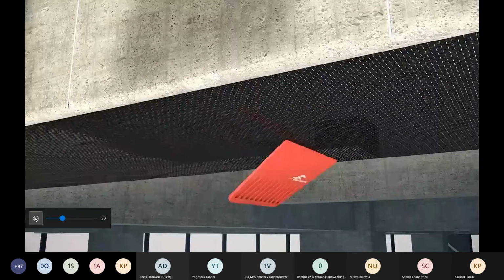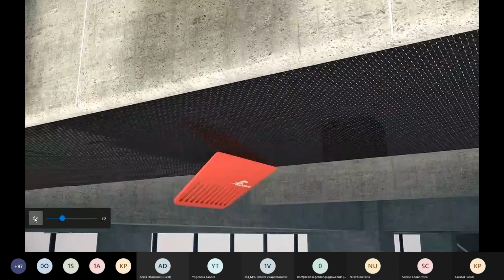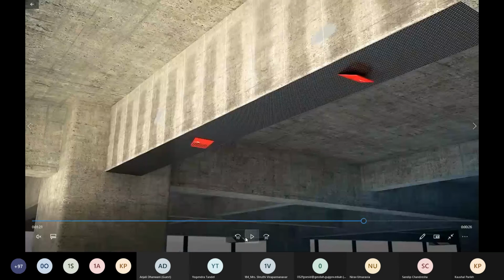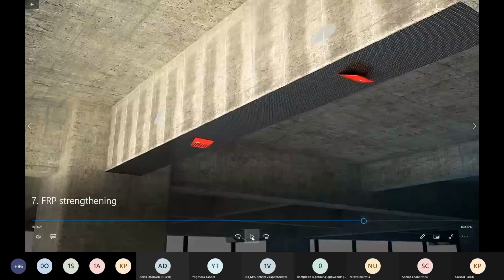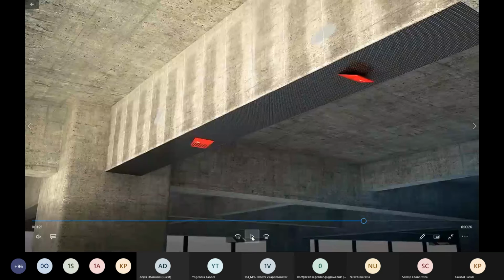So now you can see over here, after preparing the surface, they have filled the holes. Then they have applied the primer. Application of the primer creates a certain favorable environment for the FRP to be applied on a beam, maybe at a joint, maybe on a column. Then apply the sheet of FRP on that particular component, and then apply the saturant so that it will be attached to the concrete.